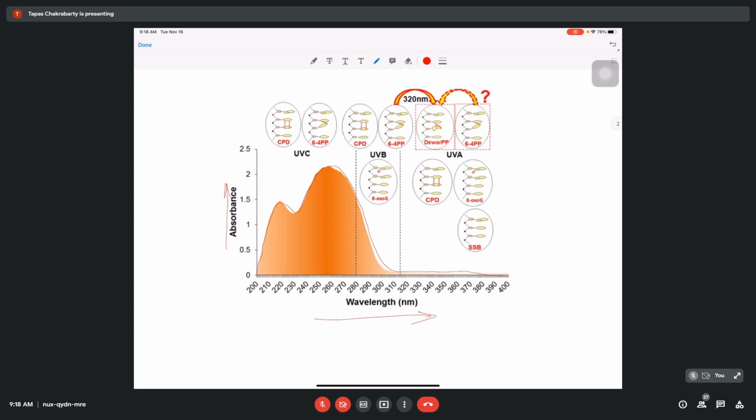Now again, I have shown here the UVA, UVB, and UVC wavelength regions. You can see here that the DNA molecule mostly absorbs. I also told you the same thing in the last class: if you look at the absorption spectrum of an isolated DNA base, which is not in the nucleotide form, it usually has the absorption maximum at about 260 nanometer.